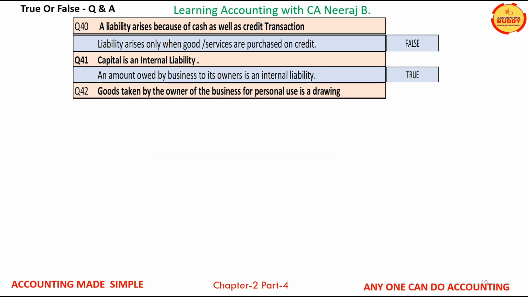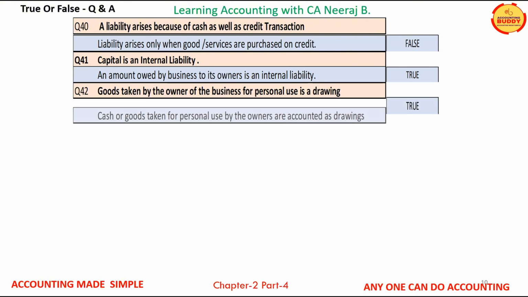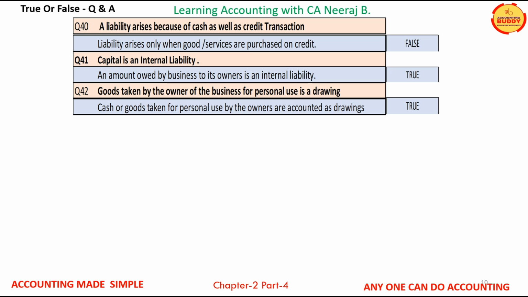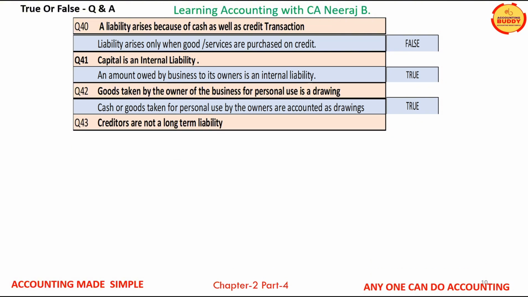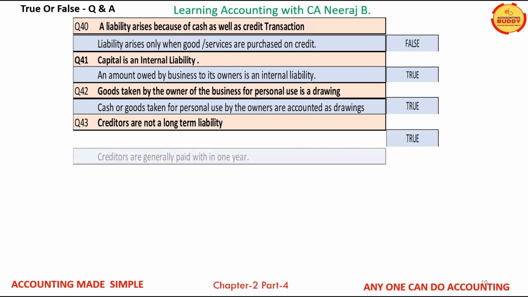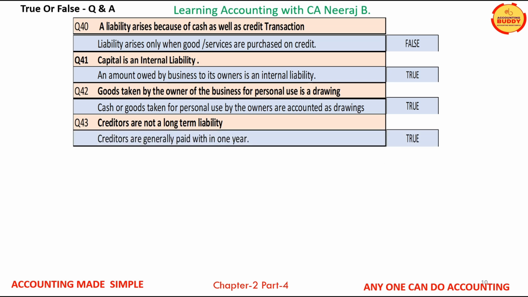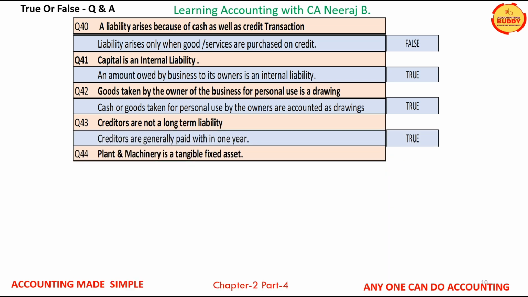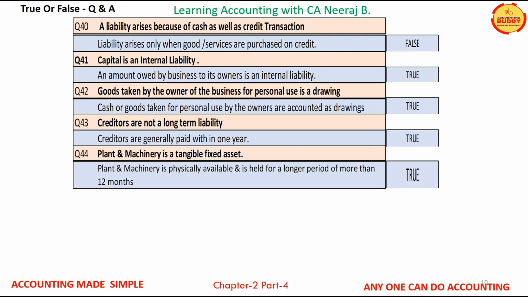Question number 42. Goods taken by the owner of the business for personal use is a drawing. It is again a true statement. Cash or goods taken for personal use by the owners are accounted as drawings. Question 43. Creditors are not a long-term liability. True. Creditors are generally paid within 1 year. Question number 44. Plant and machinery is a tangible fixed asset. This is absolutely true. Plant and machinery is physically available and is held for a longer period of more than